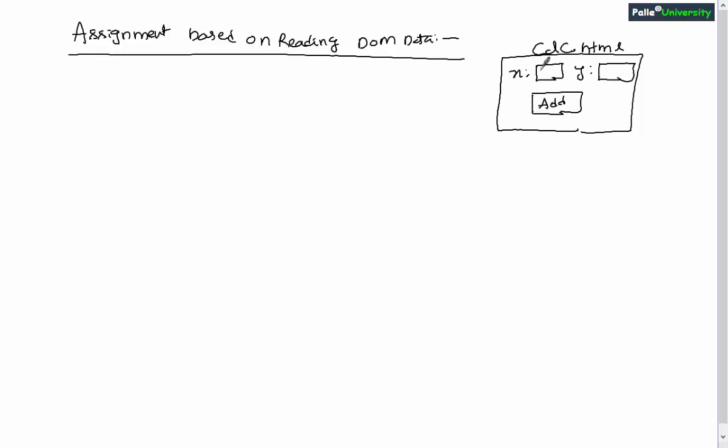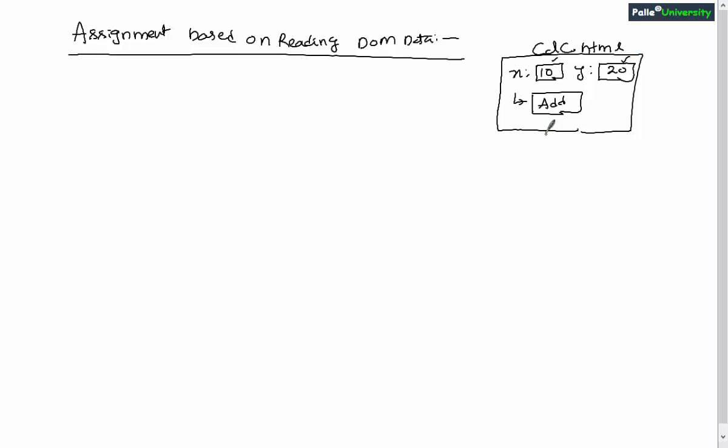When the user gives some data into these text boxes and then clicks on the add button, I want to read this text boxes data, perform the addition operation on this data present in these text boxes, and display the addition result. That is my requirement. So I believe you understood this.